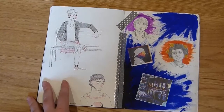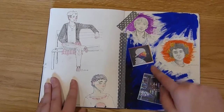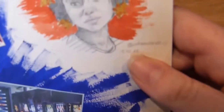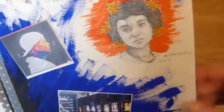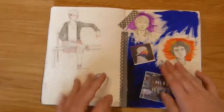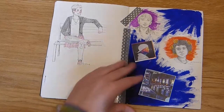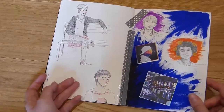And here I get back to filling a whole side with all this stuff, having a lot going on. This is just acrylic paint I splattered in there. This is Rapmon from BTS, and a picture of a girl from, I don't know, Ratier modeled or something. It's from Instagram, so yeah, I just found this on Tumblr, I suppose, and this was linked, so I just put it there. But I can't read it anymore. And then I cut off some things out of a magazine and just glued them in there to finish this page. This is also a reference I found on Tumblr from...